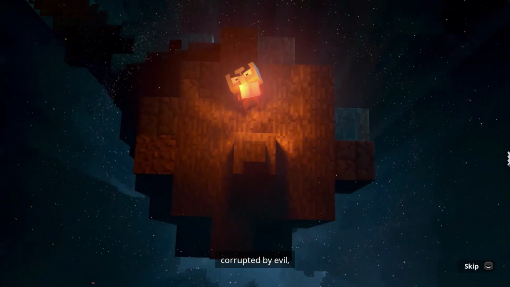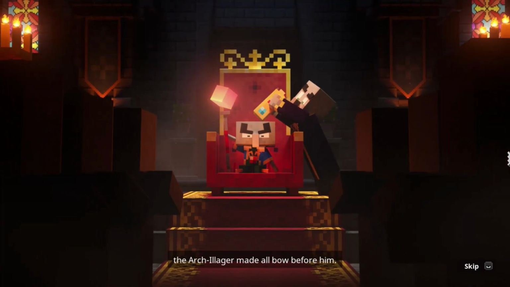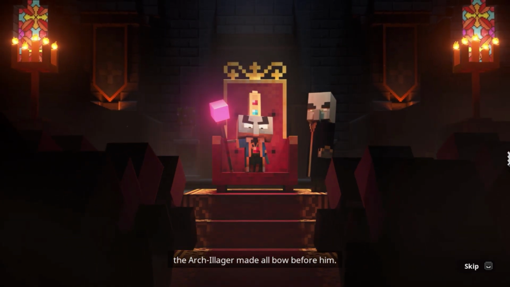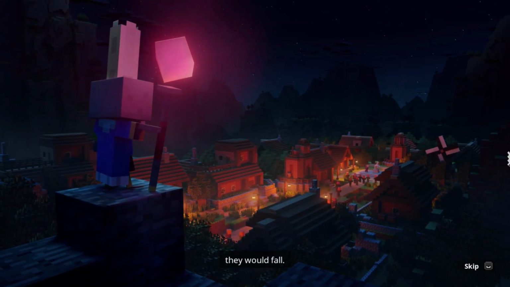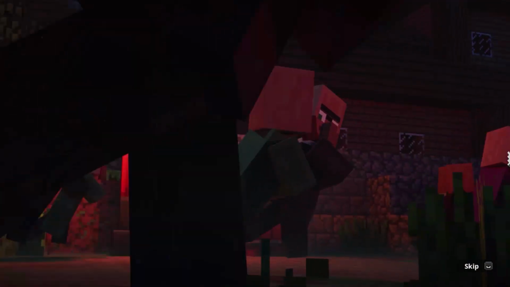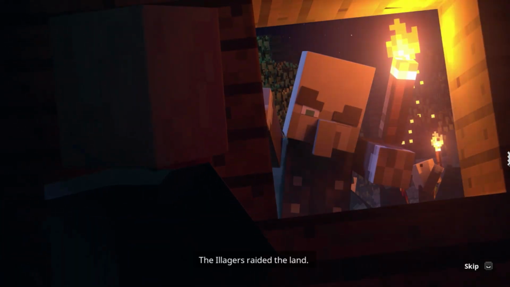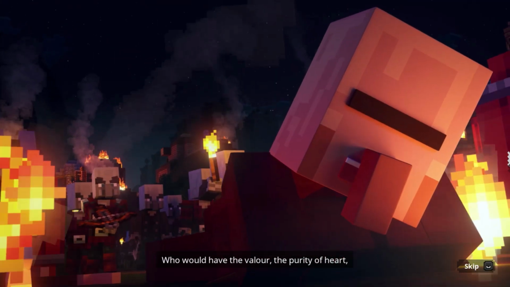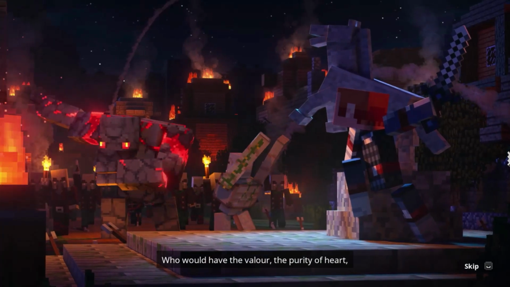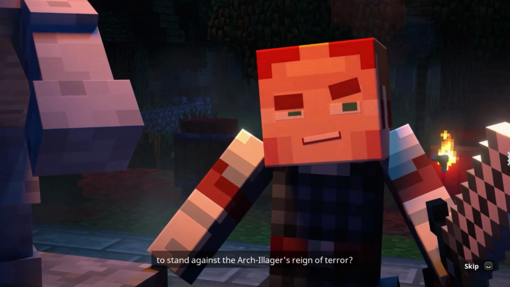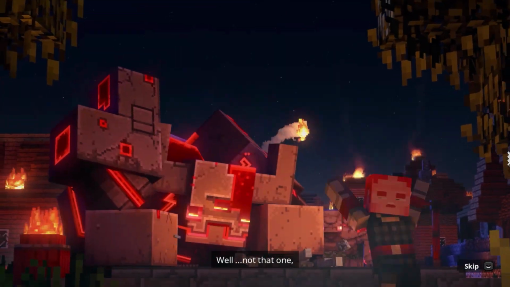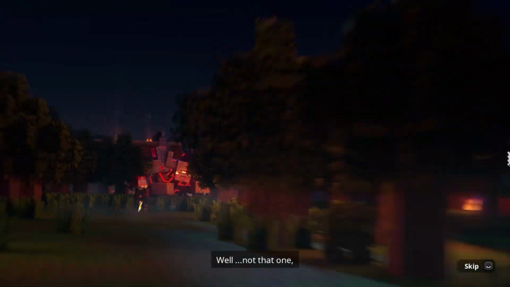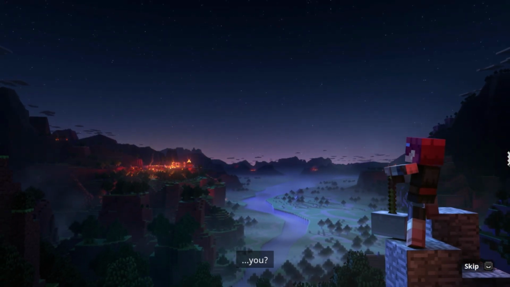Corrupted by evil, driven by vengeance, the Arch-Illager made all bow before him. And if they did not bow, they would fall. The Illagers raided the land. Who would have the valor, the purity of heart, to stand against the Arch-Illager's reign of terror? Well, not that one. But maybe you.